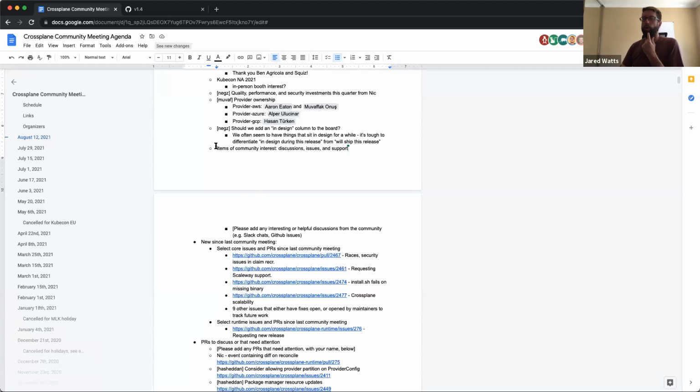I want to call quick attention to this item here in the agenda. I added this one a couple community meetings ago, and I think it has a lot of potential. Folks can be adding things to it before the meeting or as we're progressing. The intent of this agenda item is just things of interest that have gone on in the community recently, like interesting discussions on Slack where somebody's using Crossplane in a way we hadn't really heard of before, or running into an interesting issue that didn't get some attention earlier in the meeting. Just interesting things happening in the community.